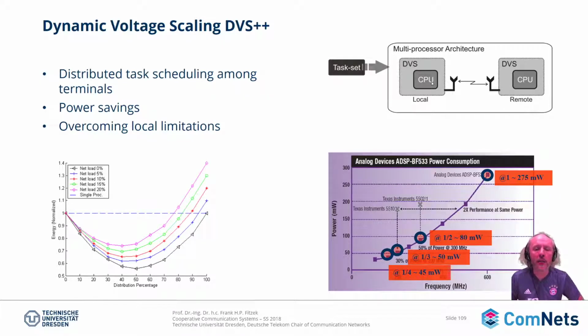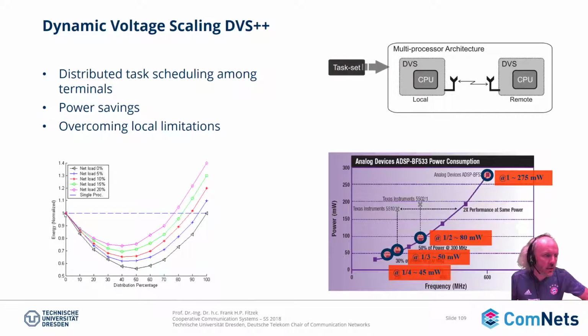What would happen if you have a wireless link between them? Then you would see here's the energy that you will use over the distribution of the task, and then you can see what I have to pay as a price to communicate with the other side. So the blue curve is more or less what you would have if it would be wired, so without a